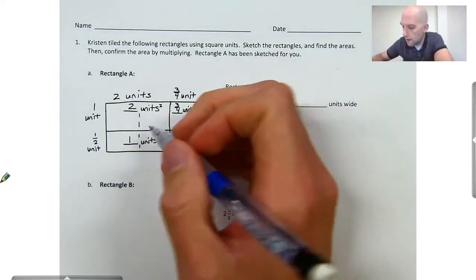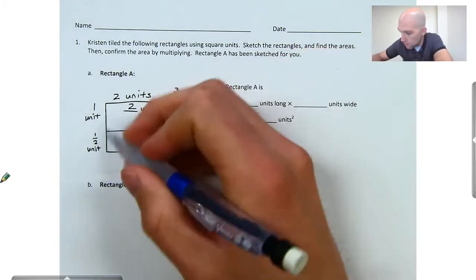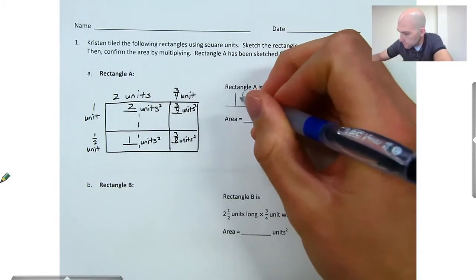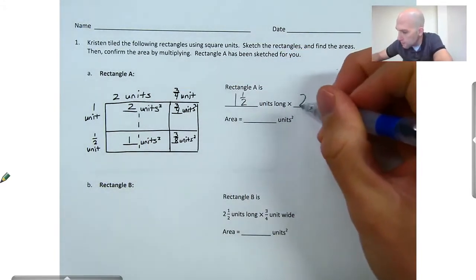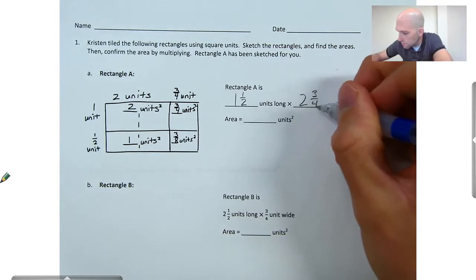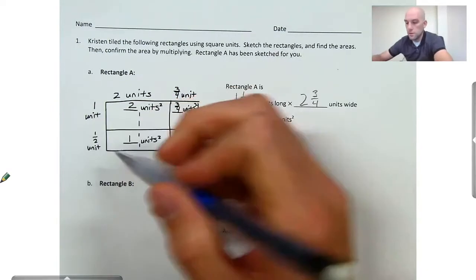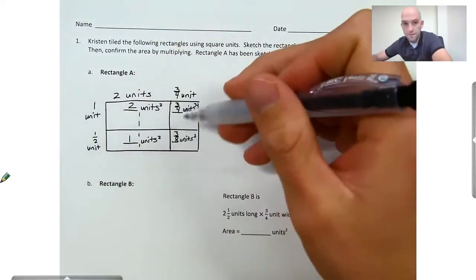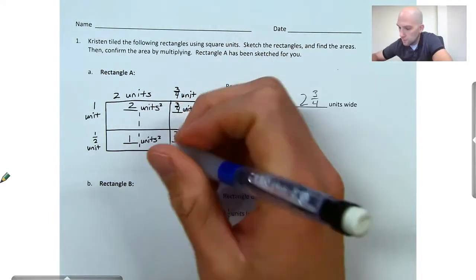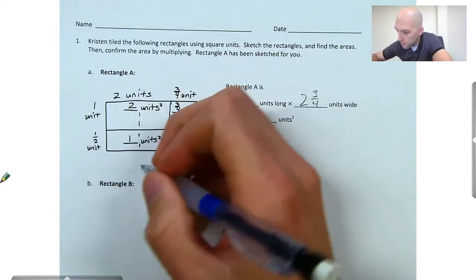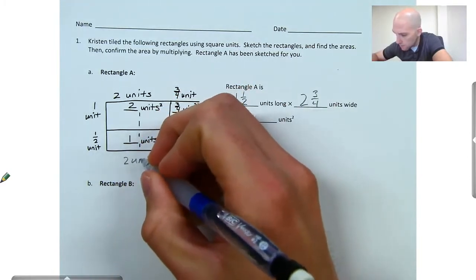So we're looking at our length here. We have 1.5 units long. We have 1 unit plus a half unit. And we have 2 3/4 units wide. We're going to have to find the area in square units. So we're going to have a 4 by 4 area model here. We'll have 2 units times 1 unit, which is going to give us 2 square units,